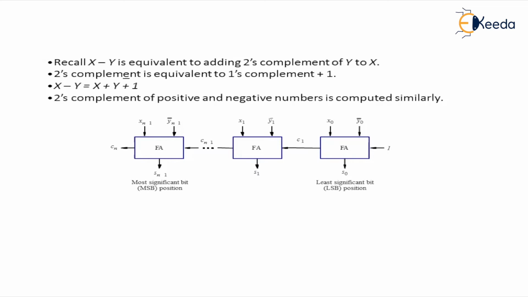So if you look at this, we are aware that when you want to convert into 2's complement, you convert the number into 1's complement and add 1 to it and it becomes a 2's complement. And you will carry this operation till your carry bit becomes 0. So the full adder will be used to a very large extent.